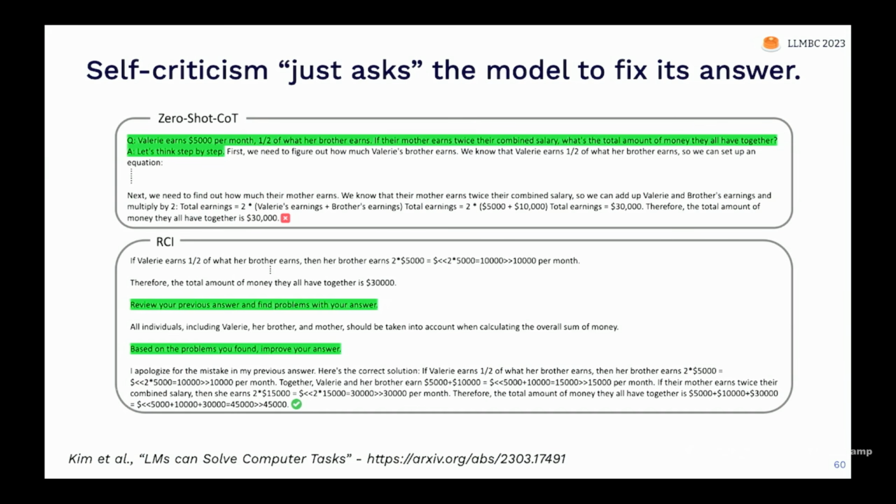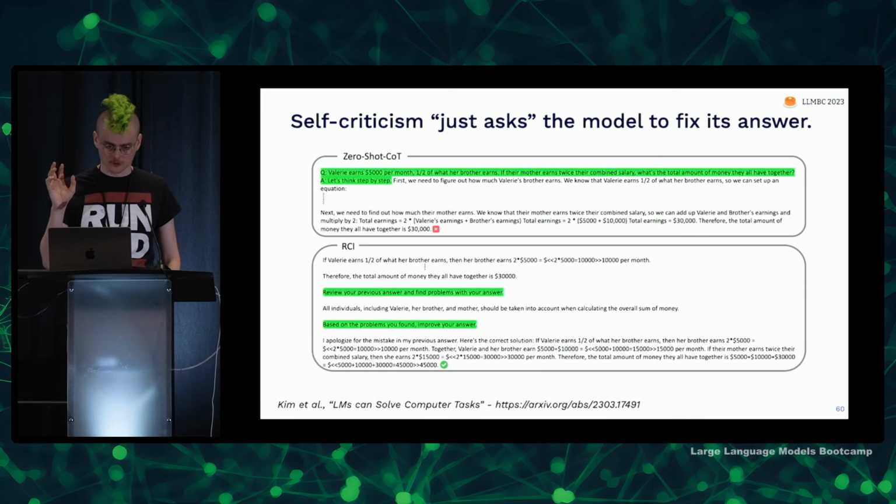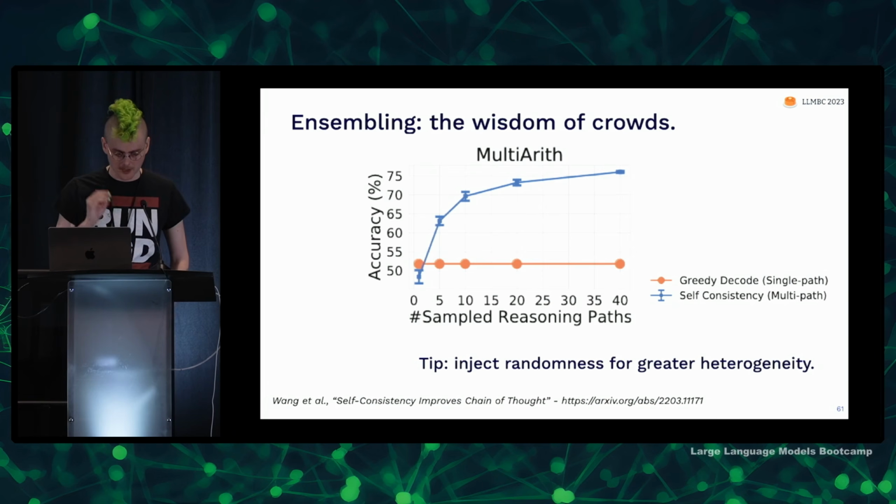So I think most of this is done with the instruction-tuned models that are really good at picking up on things you're asking for, like you're asking it to find problems with its answer. But yeah, using the models to fix their outputs is also a powerful prompting pattern.